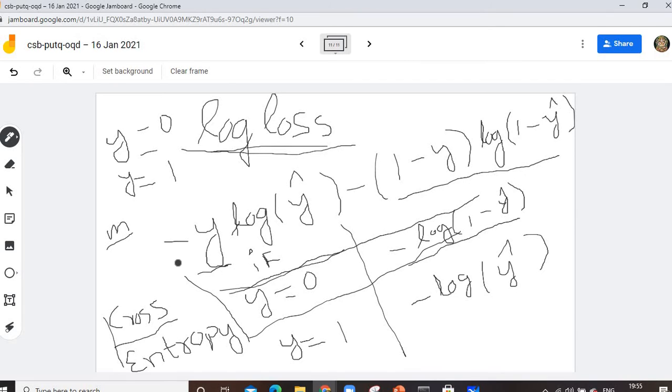So you just remember this thing. If my y is equal to 0, then my loss function will be minus log of 1 minus y hat. If my y is equal to 1, my loss function will be minus log of y hat. Remember or not? Simple. The minus sign and log are in both, just 1 minus y hat and y hat. If it's 0, then it will be 1 minus y hat. If 1, then it is simply y hat. You just remember this one.